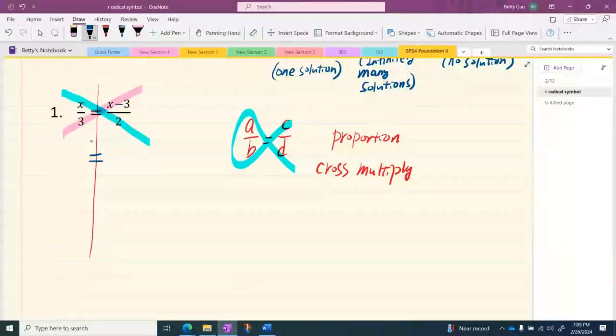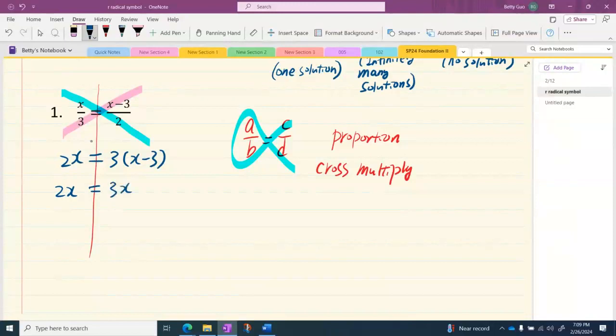2 times x, we write it as 2x, with the coefficient in front of the variable. And on the pink diagonal, we also have two things, right? On the top right, we have x minus 3. Bottom left, we have 3. So we're going to multiply them together. That is called cross multiply. And then we simplify. Left side 2x, right side distribute: 3 times the group is equivalent to 3 times the first member, 3 times the second member,